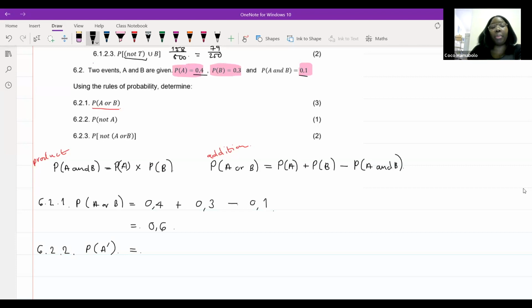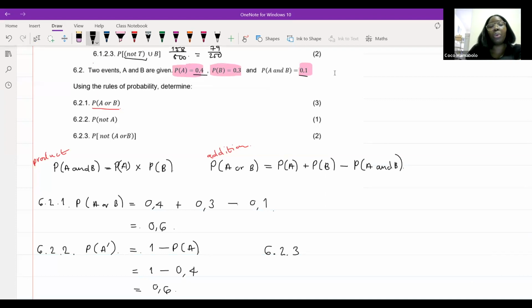Remember that the probability of not A is the same as 1 minus the probability of A. So 1 minus the probability of A, we should get 1 minus the probability of A is 0,4. That means that the probability of not A is going to be 0,6. All right, now let's go look at